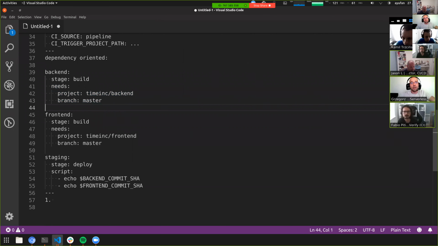It's more simple, but the simplicity might be false, or it actually has almost the same set of problems as the dependency-oriented approach, right? But these problems are more hidden and not visible that easily. Mm-hmm.